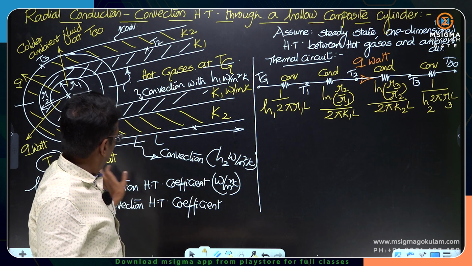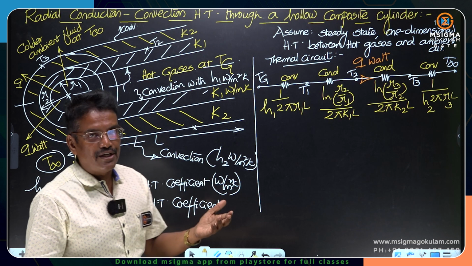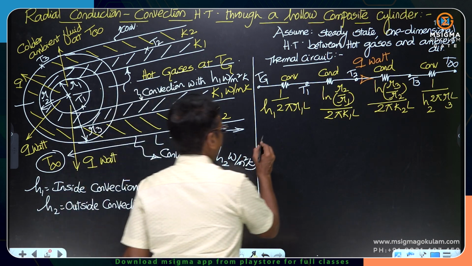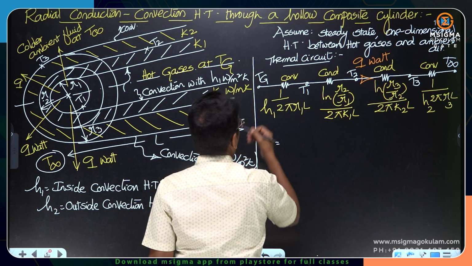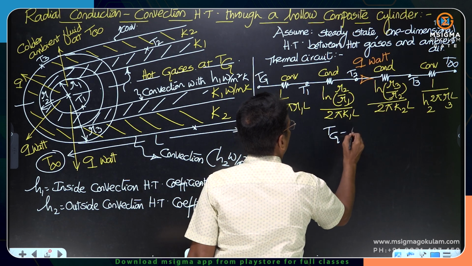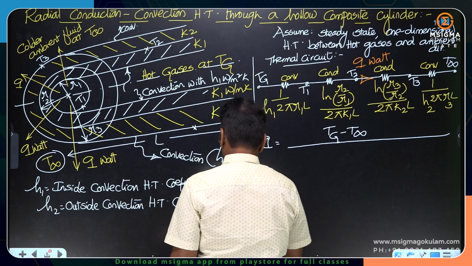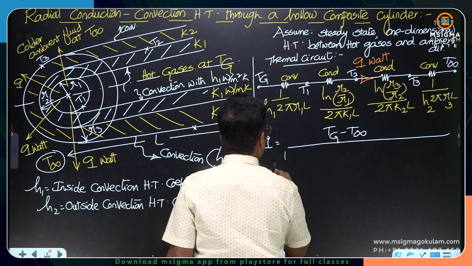I already said this symbol T infinity is usually given for the ambient temperature or the surrounding fluid temperature. So the rate of radial heat transfer between the gases and the outside ambient will be Tg minus T infinity divided by the sum of all the resistances, that is 1 upon